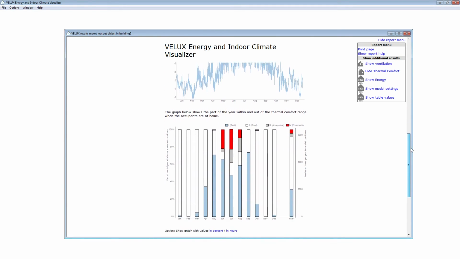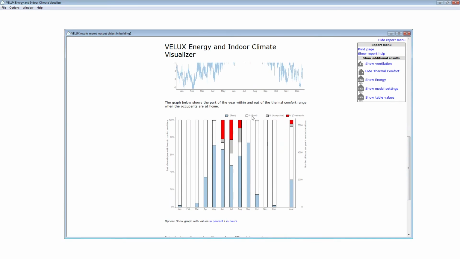And what we see here, we have these different classes. This is also a way to estimate the comfort. Again, in the Danish building regulations we have some other way to do it, but we can actually use this to say very easily that if we have a lot of class 4, then we have an unacceptable situation.